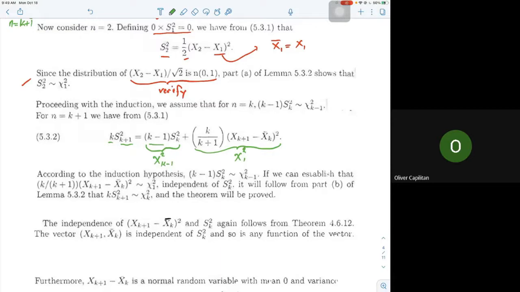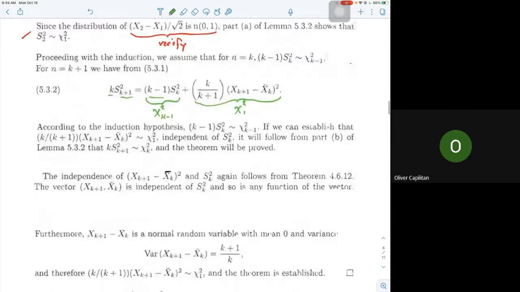Okay, so we have here, yan yung sinabi dito. K has having a chi-square distribution with k minus 1 degrees of freedom. Here, a chi-square distribution with 1 degree of freedom. And at the same time,